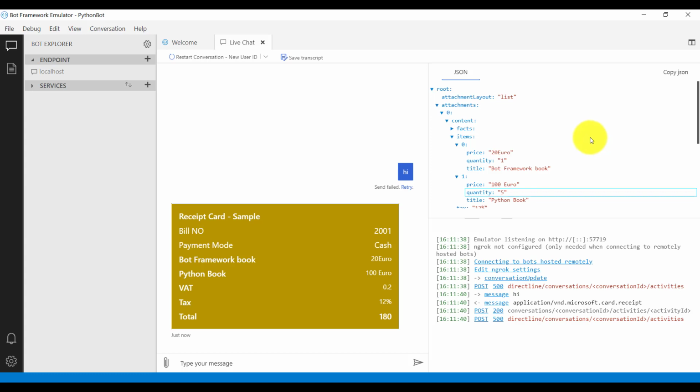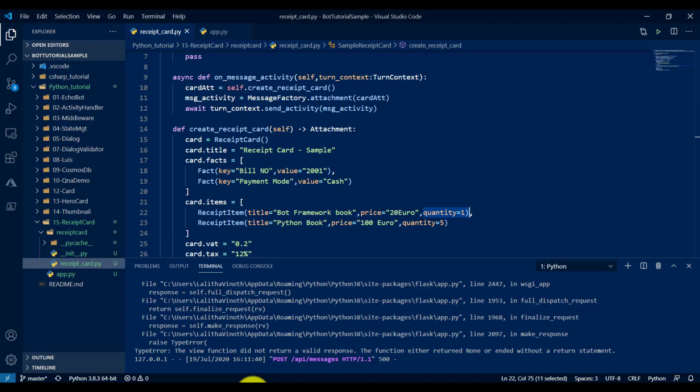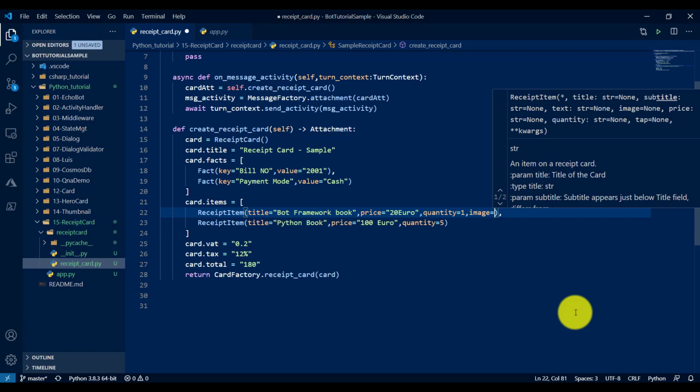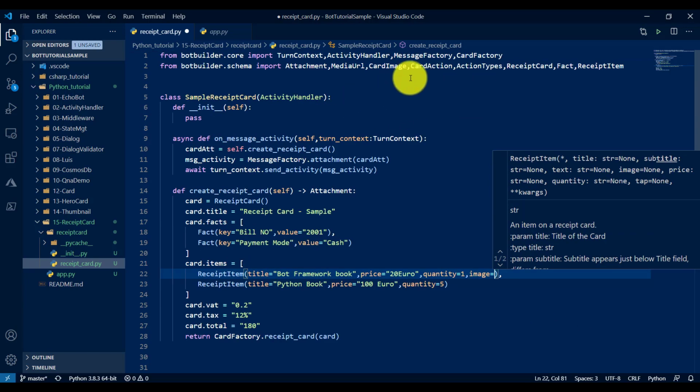And one more thing, we can add an image also, for example for the Bot Framework book and the Python book. If you want, we can add the image also. That property is also available. Just stop the application, and here you can see image. You can add it like card image.